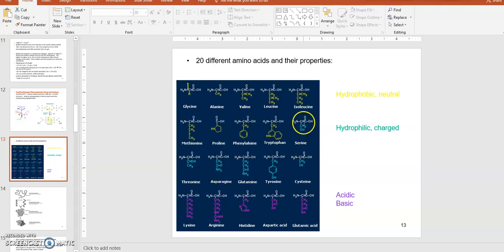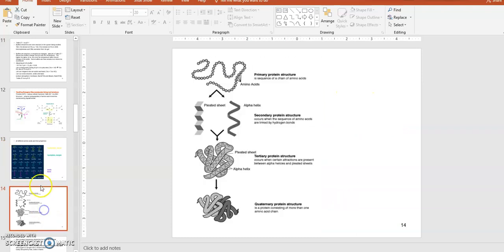So there are hydrophobic groups, hydrophilic groups, as well as the basic and acidic groups. A couple of acidic amino acids, aspartic acid, glutamic acid, as well as three of the basic amino acids. So there are about four different amino acid groups out there. Depending on what amino acids are making your proteins, through all those peptide bonds, your protein's size and how many of them are making your protein, and then